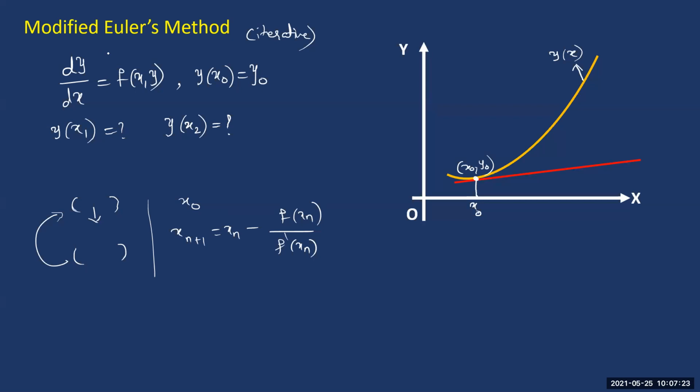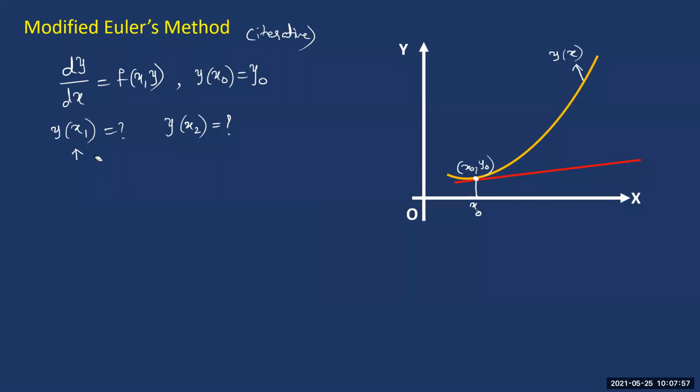Now, similarly, even this modified Euler's method is also an iterative method. Let us say you are calculating y at x1. To calculate only y at x1, we need to repeat a certain procedure for at least 3 or 4 iterations, depending on the situation anyway, right? We cannot say exactly that we'll repeat it for only this many times. Now, when you are trying to calculate y at x1, we'll proceed repeatedly. But before any repetition, we must have some initial approximation. So to get that initial approximation, we'll take the value which you got from Euler's formula, right? So that's how I'm defining it.